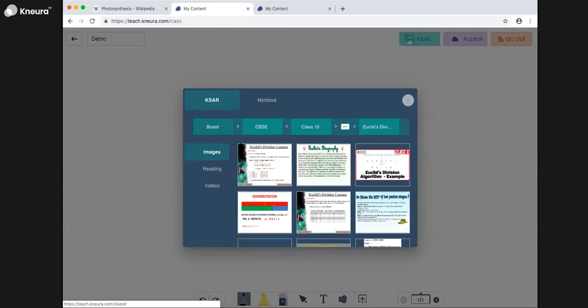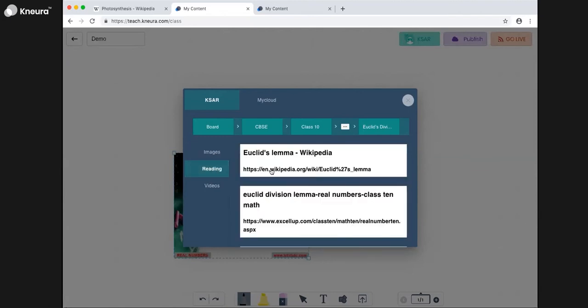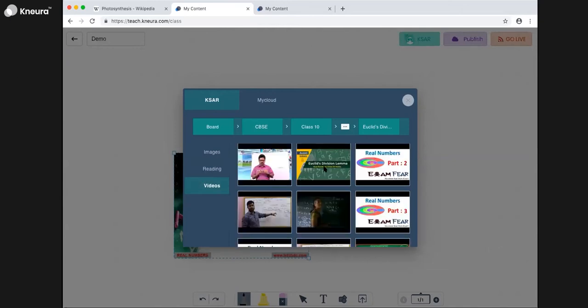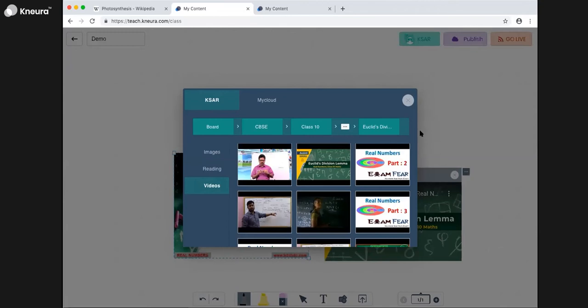So all the content that was already preloaded onto this platform or that you have added for your institute is already available now. So all the teacher has to do is, like what was shown in the diagram, just click, drag and drop, and the content will appear here. It will also show the teacher what other links are available on the internet where they can get more information related to this specific topic. And then all the other videos that may be available on the internet that the teacher can use for teaching. So again, click the videos and drop them onto the canvas.